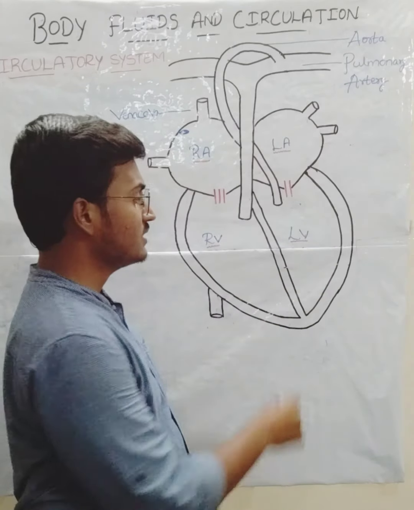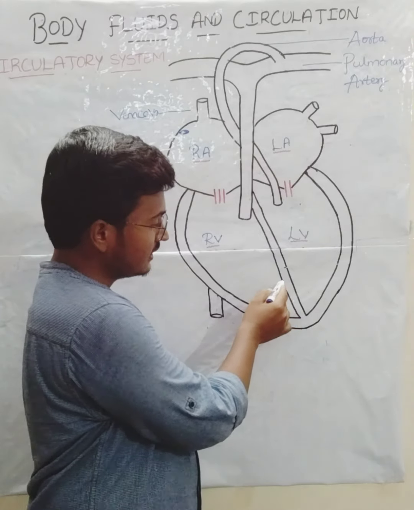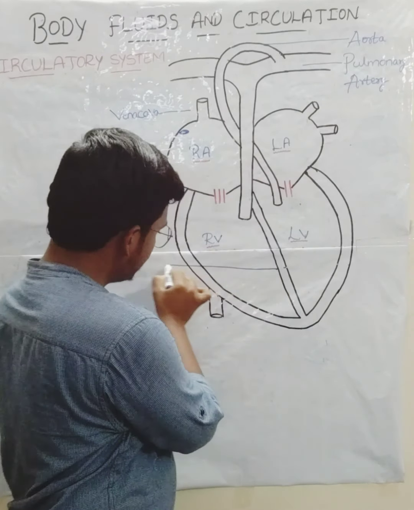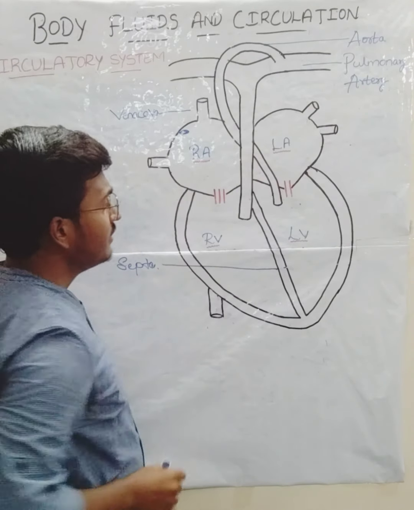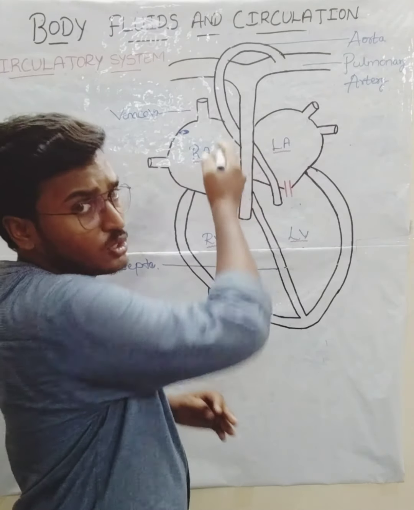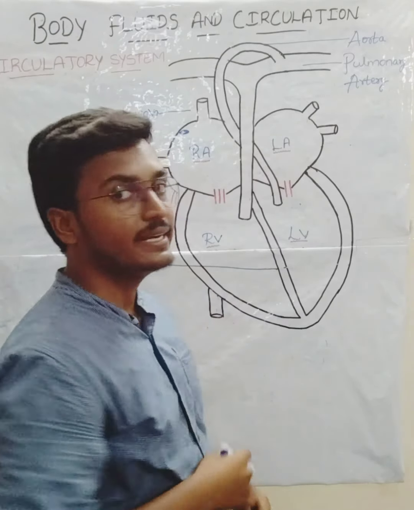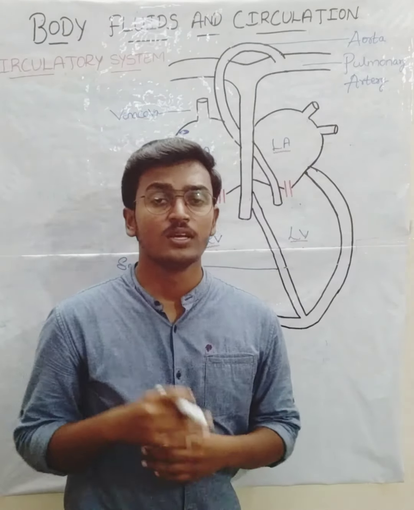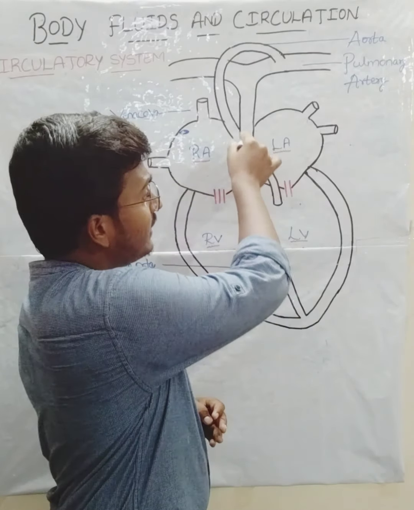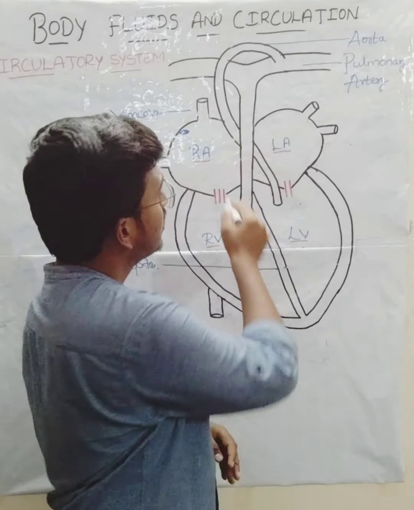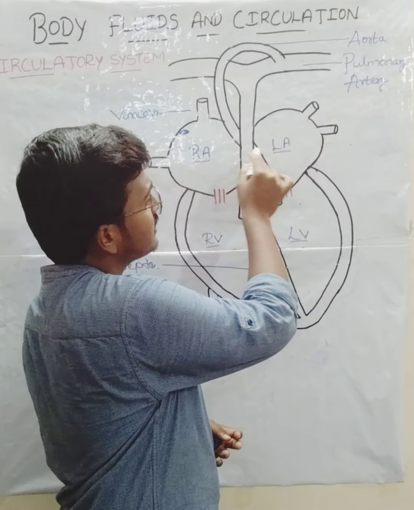There is a septa present in between. I mean, septa is present in the middle of the heart. This is the septa which is present at the middle of the heart. So you have to imagine in a 3D way. We cannot draw a 3D diagram, this is a 2D diagram. So just imagine in 3D, septa is present at the middle of the heart, right? So there is a septa between the right atrium and the left atrium.